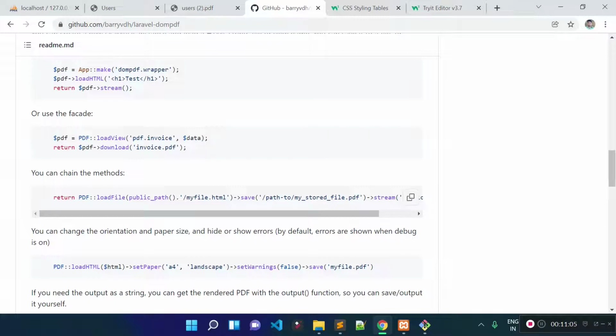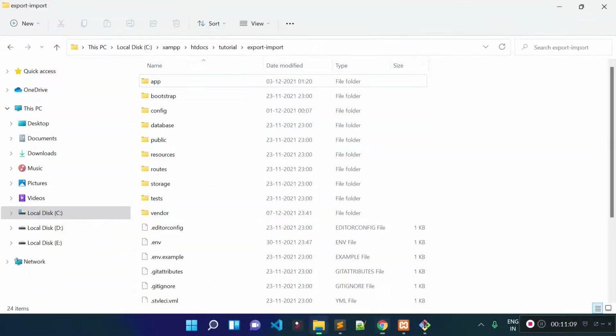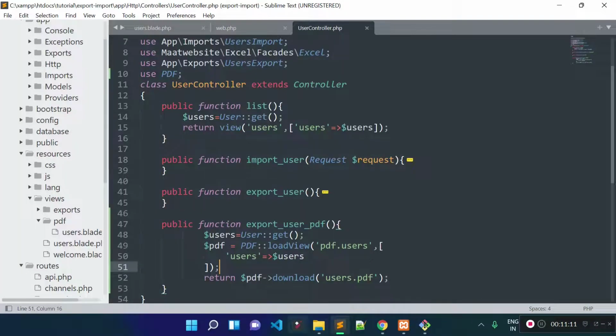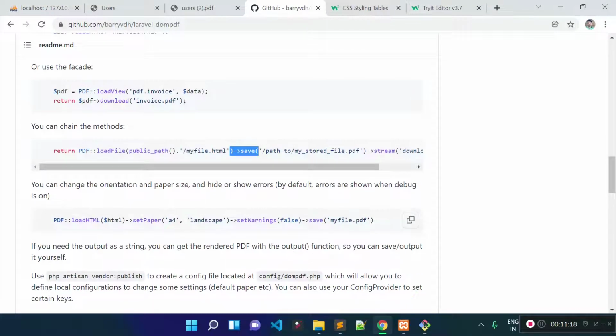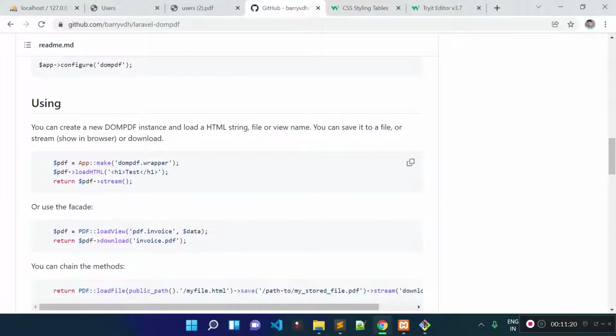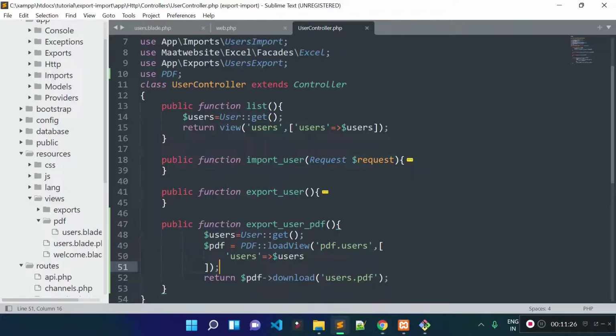If you want to store the PDF file to your project directory, you can do it with the help of this save method. Okay, and if you want to stream the PDF file instead of download, then what you can do, you can call the stream method instead of the download method.